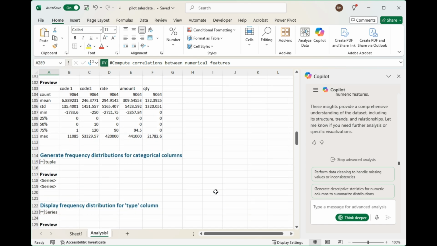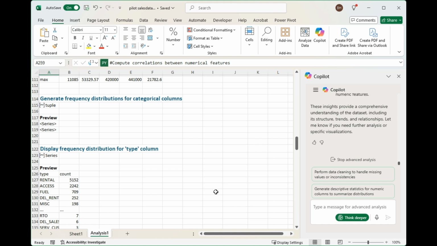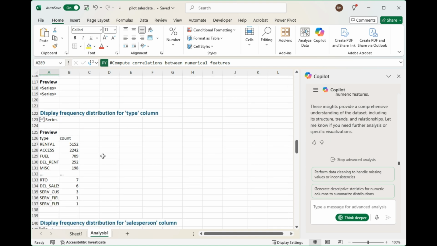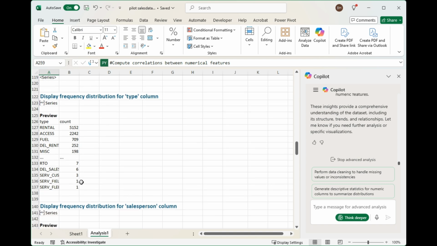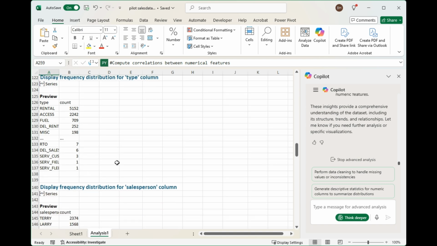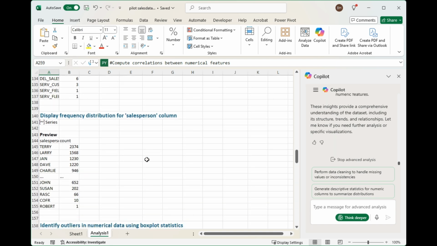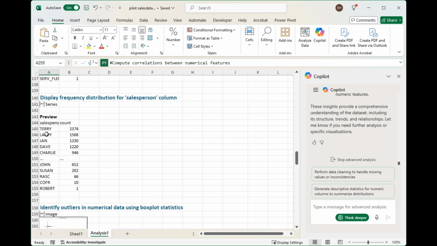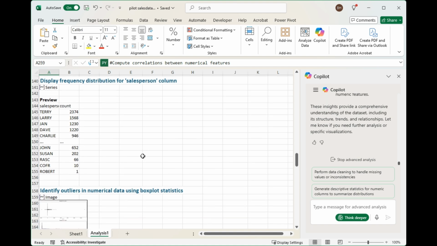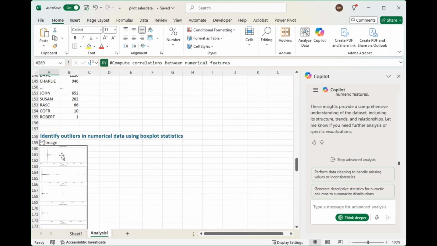It's then displaying the count of the different service types. So the rental, there's 5,152, and going down, access, fuel, delivery, rental, that type of thing. It's gone down all of them and done a count for them. It's now done a count of each of the salespeople and how many transactions they have next to them. And now it's done some charts here, but